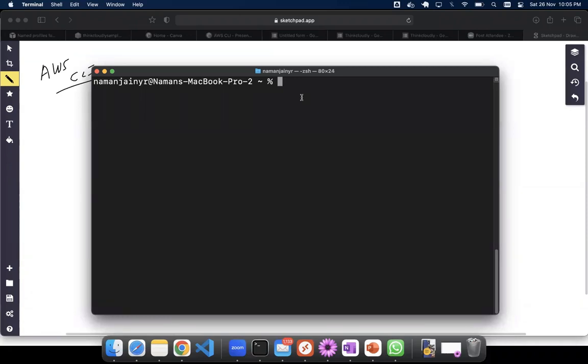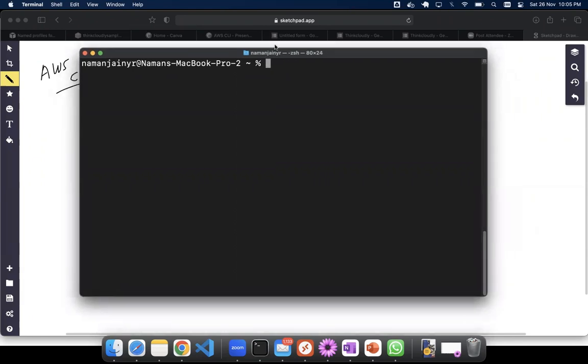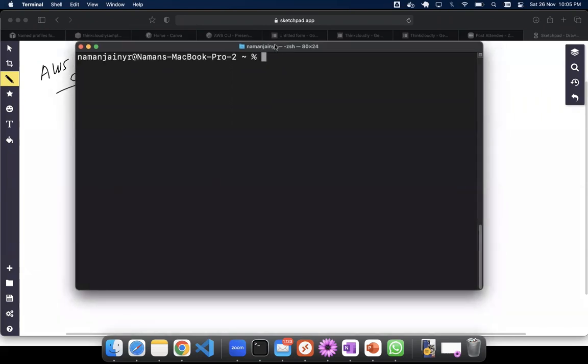All the organizations prefer it. Why? Because it is a very structured way of dealing with things. Let's say if you want to open a file or do some automation, that can be done with the help of the command line interface. All the automation, the work which needs to be done technically, all the organizations prefer